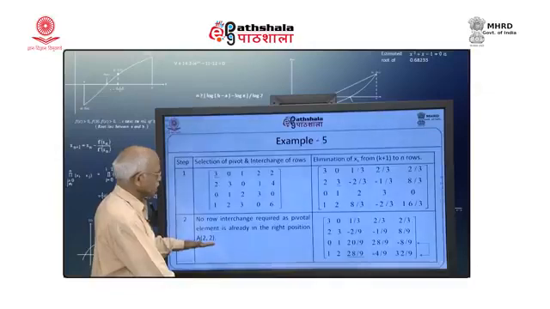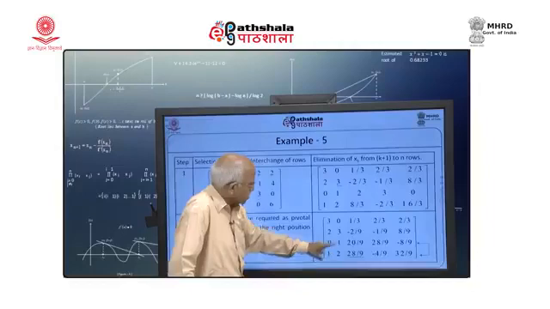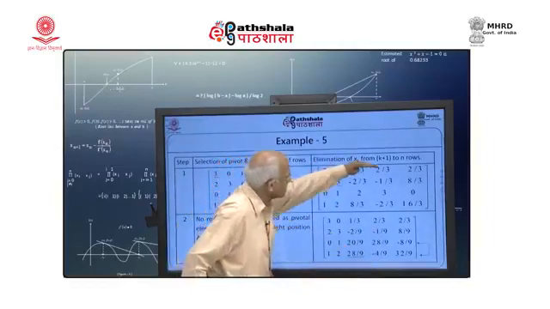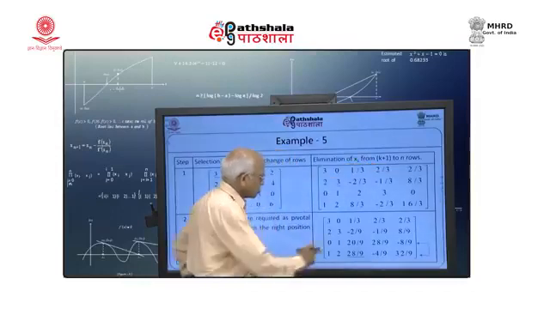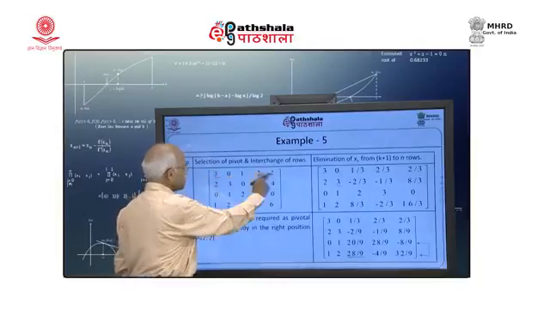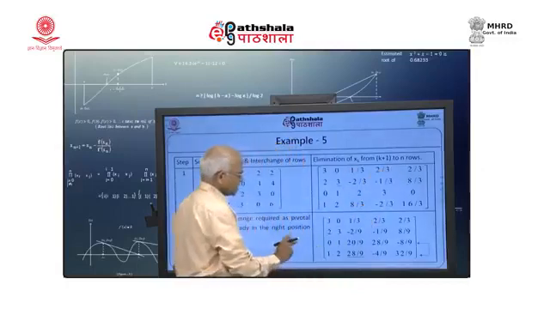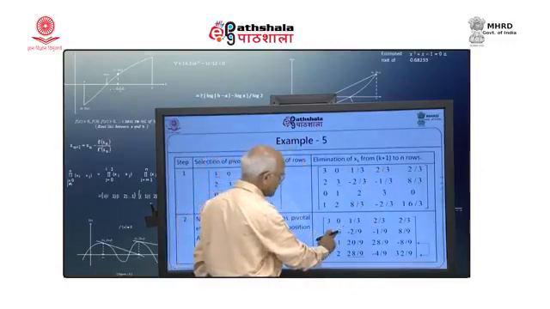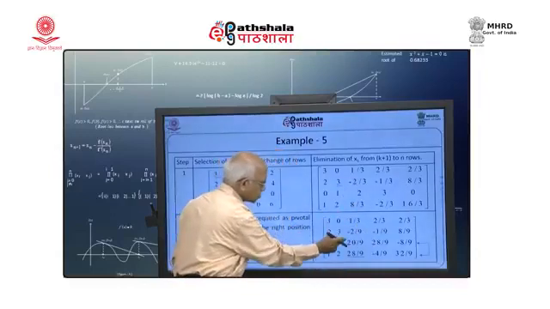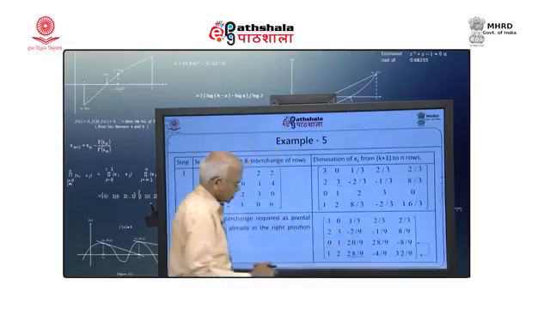So, I do not need to do any interchange here, and then I am going to do further processing of these elements. So, all these elements will change. You can see that these elements will remain the same. Now you can see that here I am dividing these elements by 3. So, all these elements are divided by 3. So, therefore, 2 by 3 is 2 by 9, and then processing is done here, processing is done here also. So, these elements will change and these elements will change. So, we will get here,